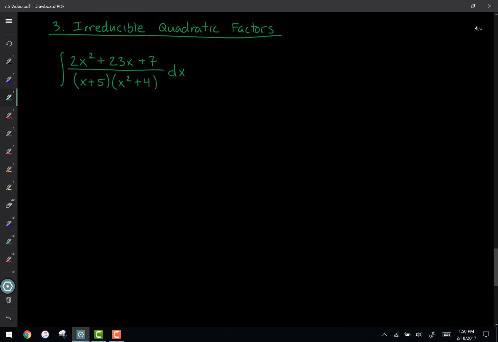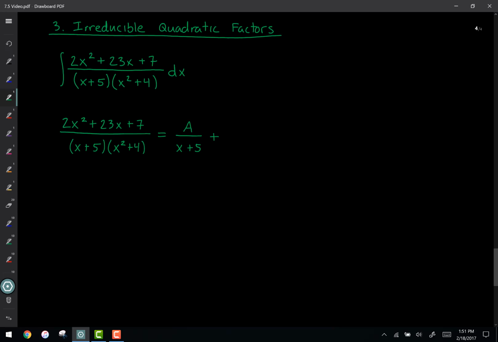So we're going to have 2x squared plus 23x plus 7 over our x plus 5 times x squared plus 4. So we have our x plus 5 factor, so that's a linear factor, so you still do what we did before. So we're going to have A over x plus 5